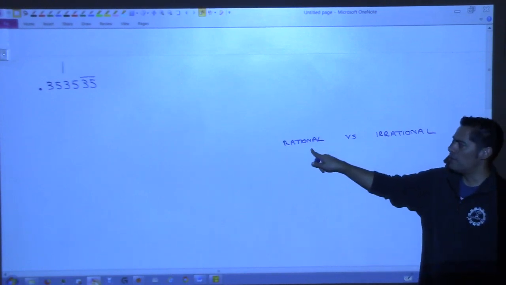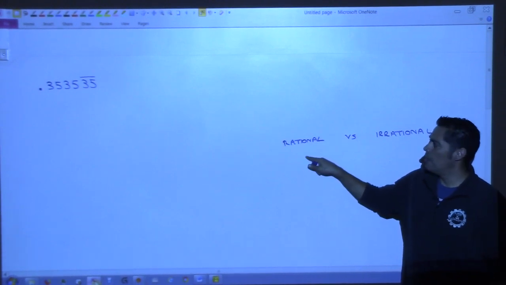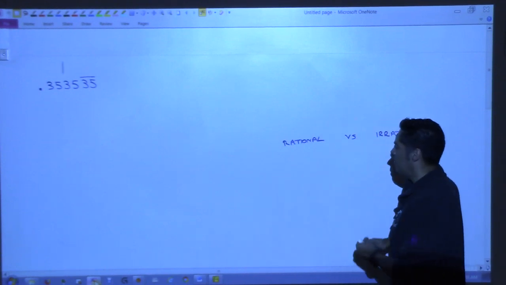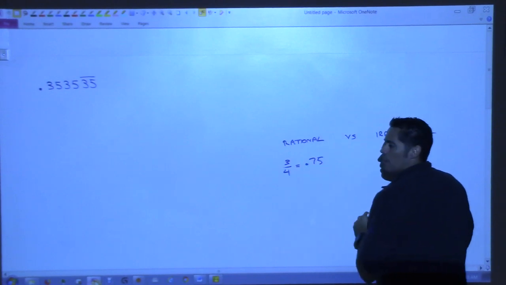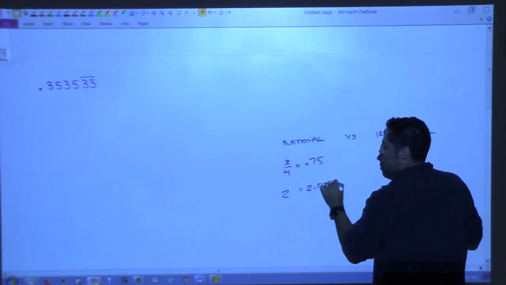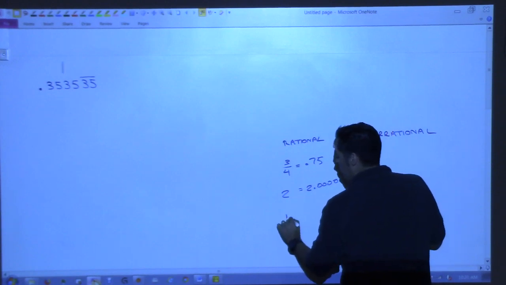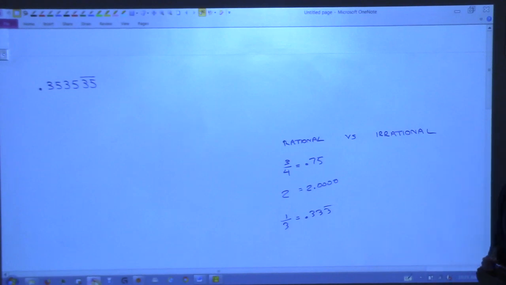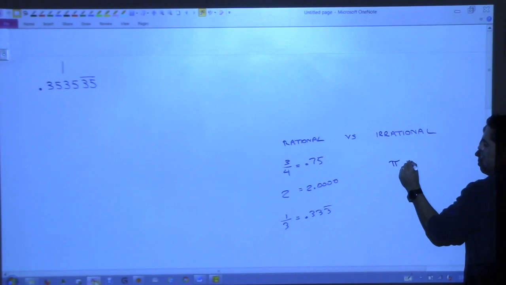All rational numbers, when they're written in decimal form, either stop or have a repeating pattern. So a rational number like 3/4 is 0.75, right? A rational number like 2 is 2.0000, a repeating pattern, 000 forever. A rational number 1/3 is 0.333 forever, a repeating pattern. Versus pi, which is approximately